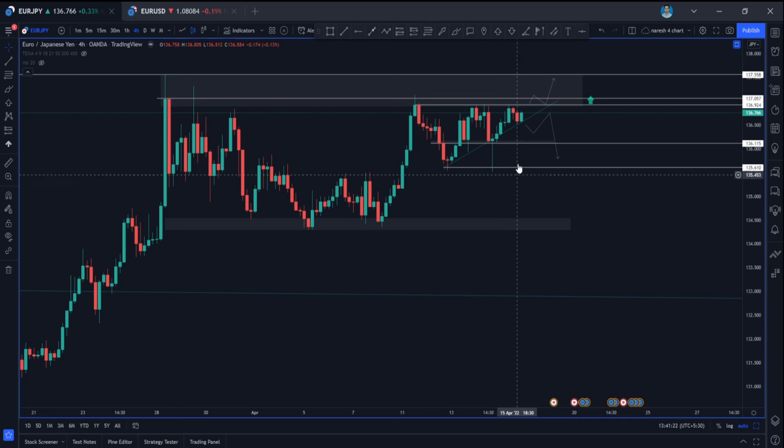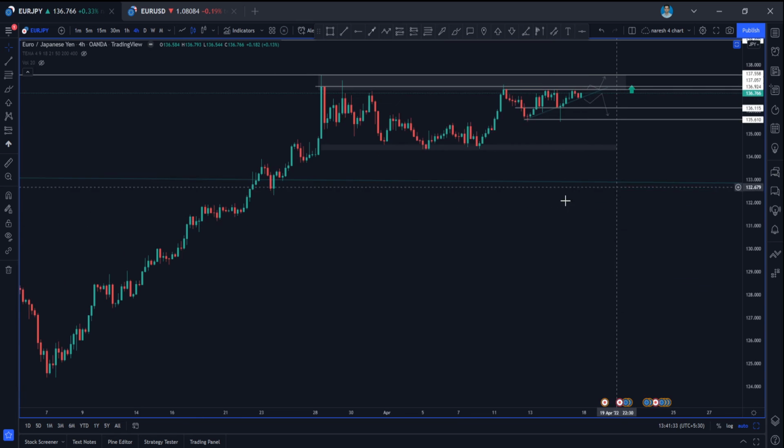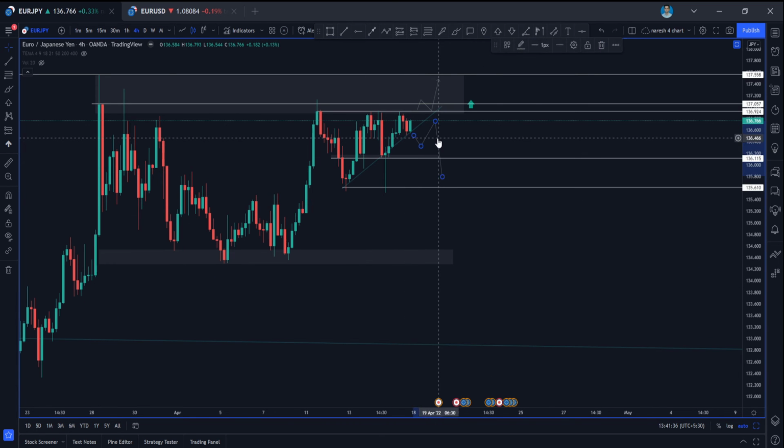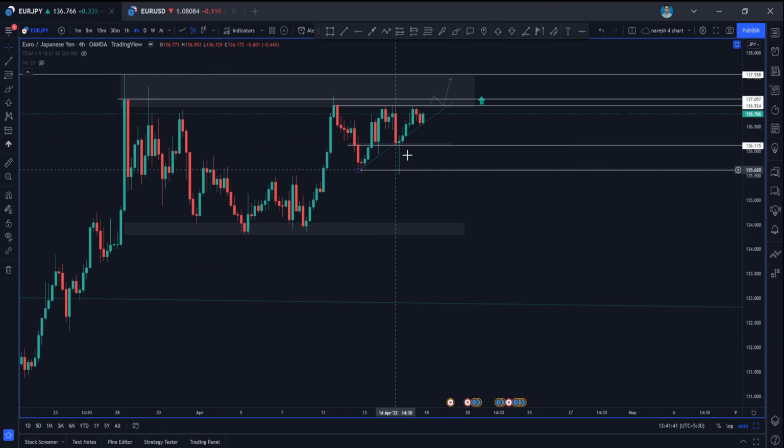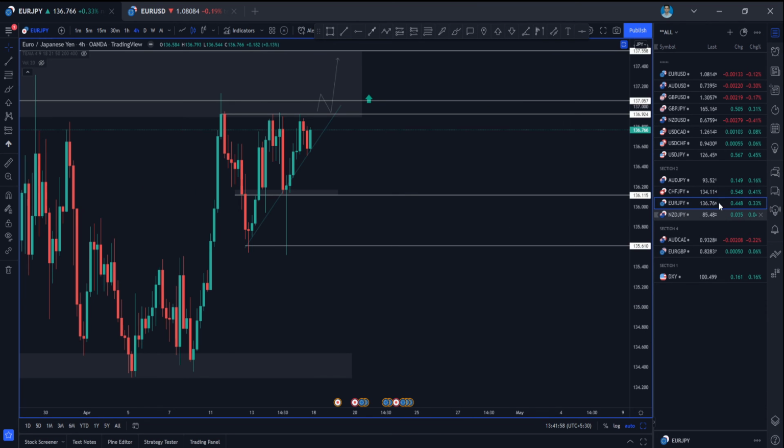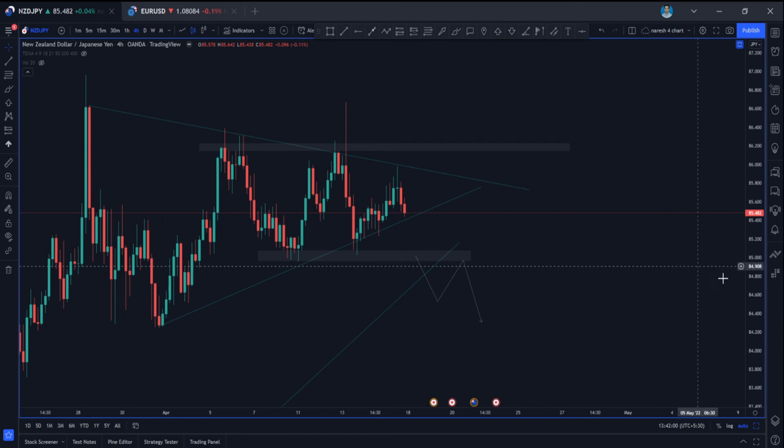The other thing is, if it is breaking below this trend line, respecting this rejection area, and waiting for the retest to this level again, I will be looking for short entries. But I'm not suggesting you go for short entries here, guys, because the overall trend is up. So I would love to go only for long entries in Euro JPY. Wait for the break of this important support rejection area, guys. Close above this rejection area, wait for the pullback to happen, and you can go for long entries in Euro JPY.